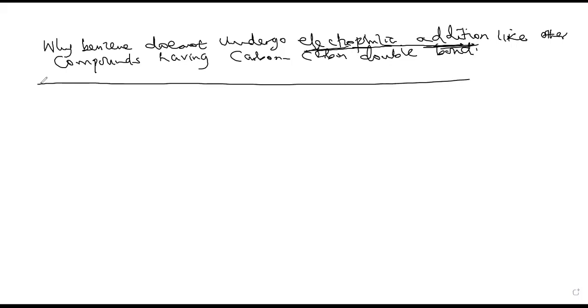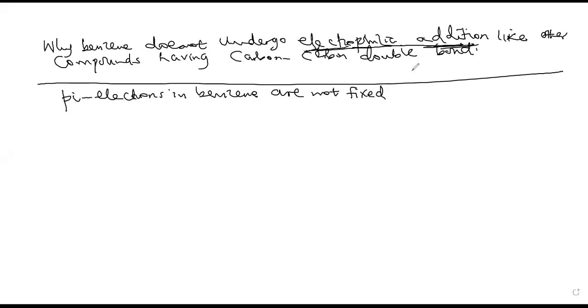We are going to find out that the pi electrons in benzene are not fixed, because we've seen that they can undergo resonance. Those electrons, the double bond, can undergo resonance, and those bonds are the ones where we have the pi electrons. So the pi electrons in benzene are not fixed compared to other alkenes, so they are not fixed to